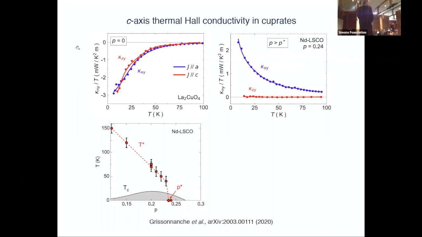absolutely zero. So this tells you there's no phonon Hall effect at high doping, which is, of course, what you expect of a normal metal. You don't expect a Hall effect of phonons, and sure enough, there's none. It's absolutely zero. I don't think I've ever been so happy to see zero